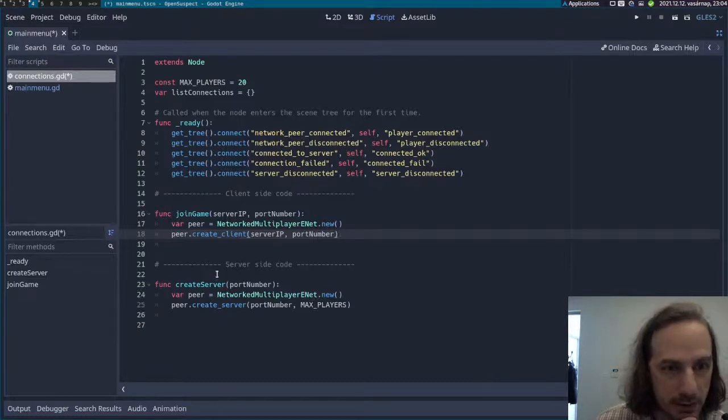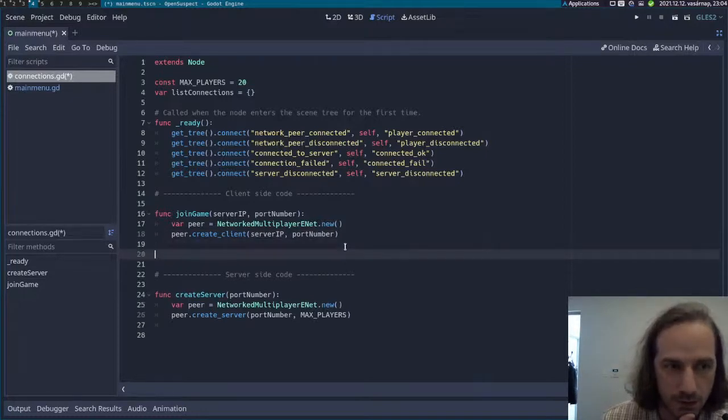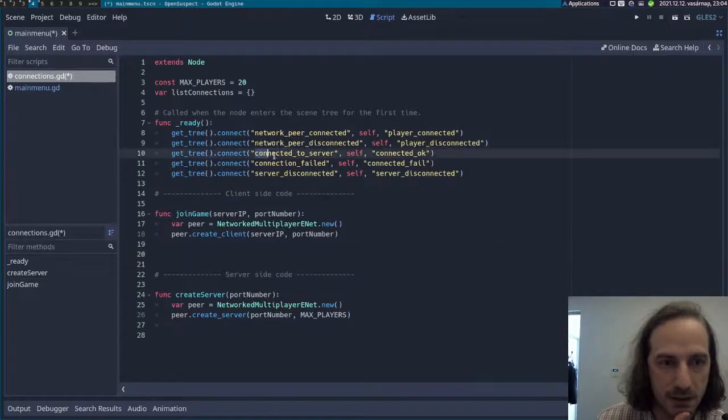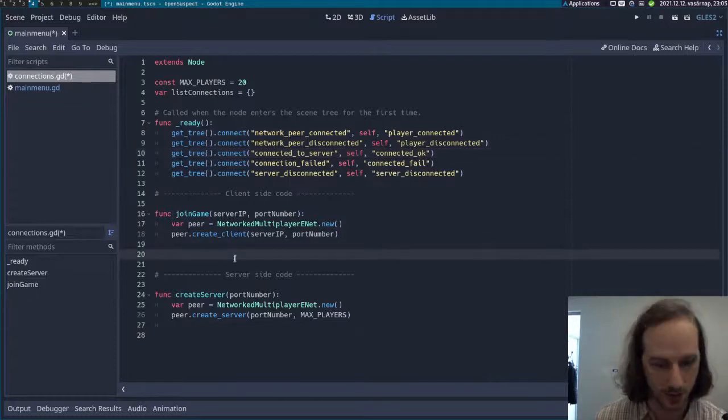But it seems to me that this will actually just initiate the connection, and then we will be waiting for the server to say something to us, and if the server says something to us, then we will get the connected to the server. And so this should be a function